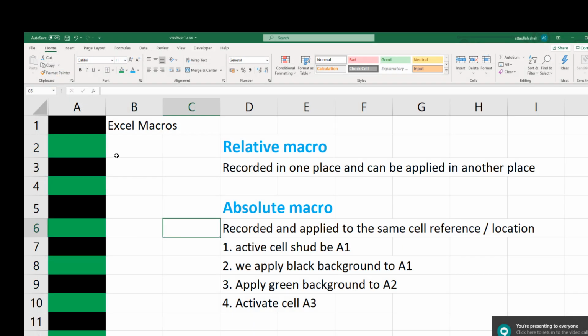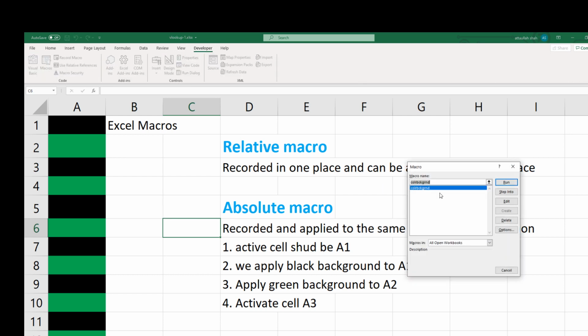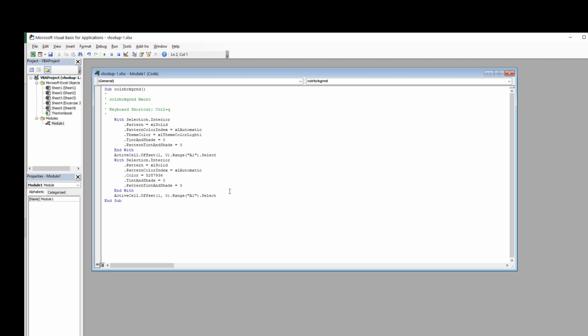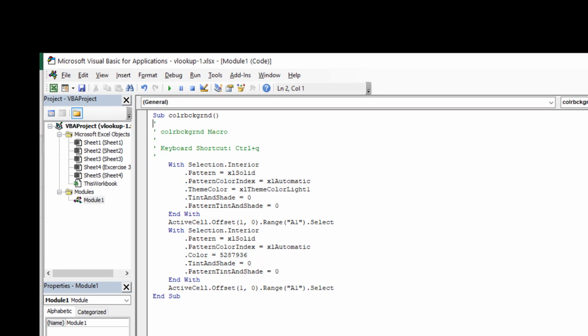Another way is to directly edit the macro which you have recorded. So if I close this screen and I go to the Developer tab and click on Macros, I will see my recorded macro. Select that macro and click on Edit. It will again take you back to the same screen, but this time with the code that we had recorded.